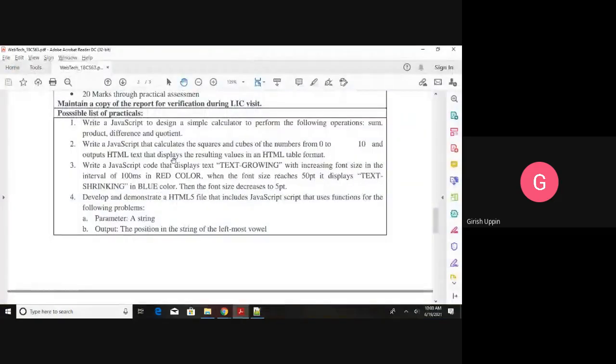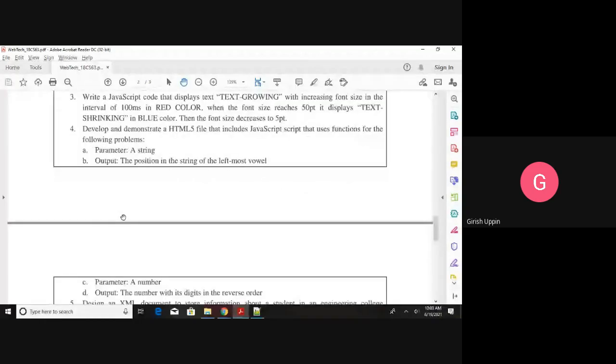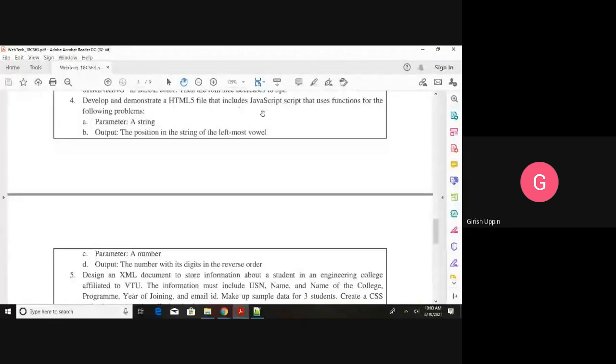The fourth one is to develop and demonstrate an HTML5 file that includes JavaScript that uses functions for the following problems. Number one, the parameter is a string, then output the position of the leftmost vowel in the string.